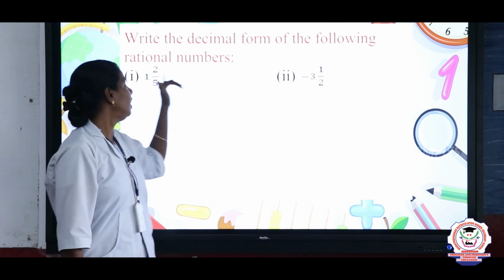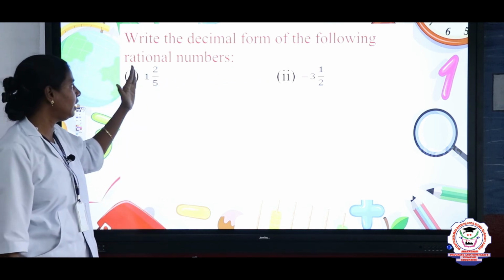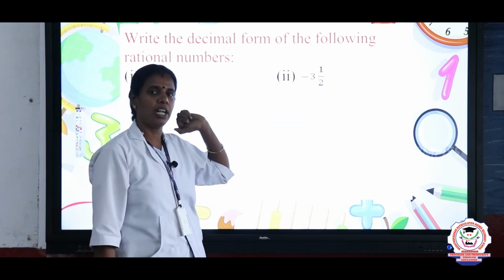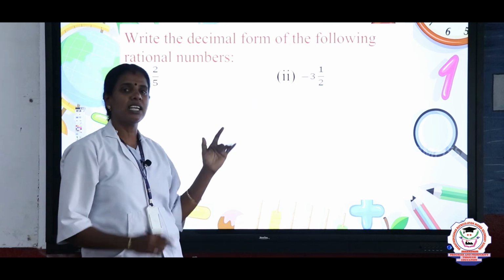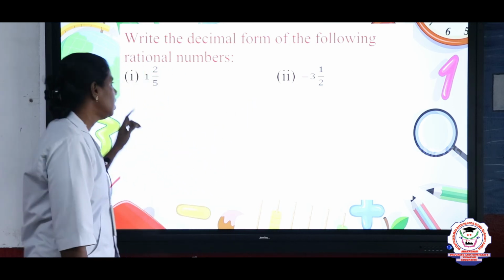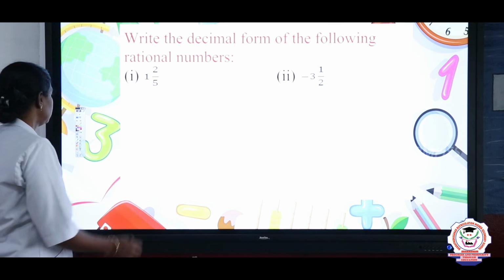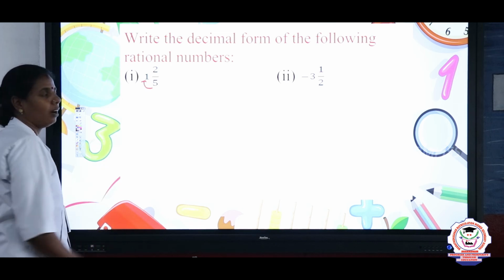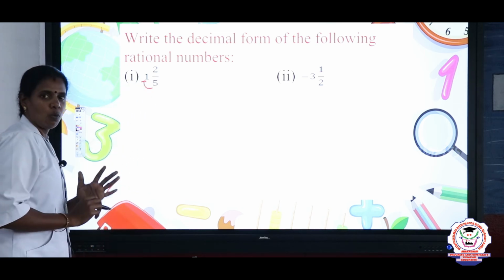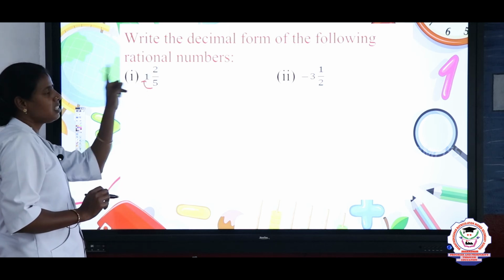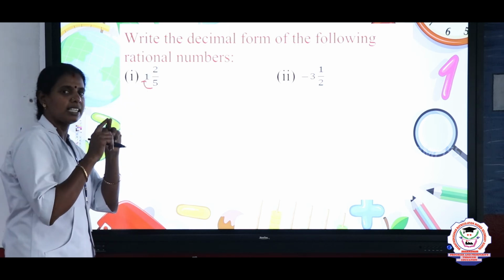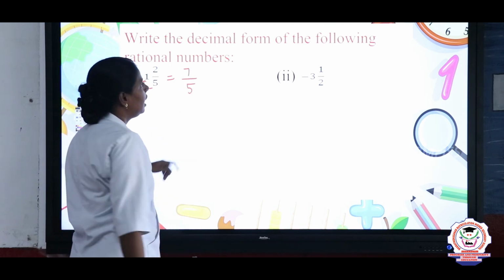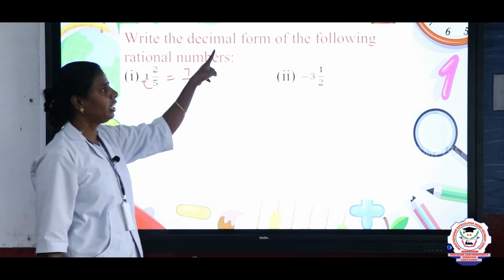Write the decimal form of the following rational numbers. They have given 1 2 by 5, which is a positive number, and minus 3 1 by 2, which is a negative rational number. And we are going to convert these mixed numbers into improper fractions first. So, how to convert this? This 2 we are going to multiply, the denominator and the whole number. So, 5 ones are 5. 5 plus 2 is 7. So, we can write this as 7 by 5